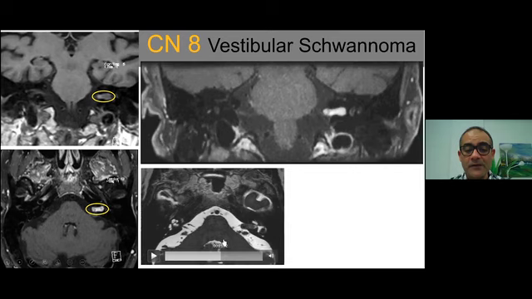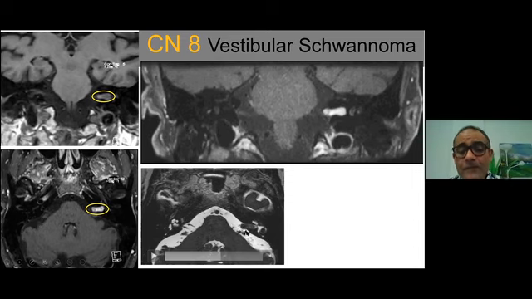And by the way, this sequence is comparable to contrast, so it gives you almost the same results in terms of accuracy. So you see the lesion here. But what I want to add to these cases, so we see these cases many times, there are three things that I really want you to focus on and try to include in your report. Number one